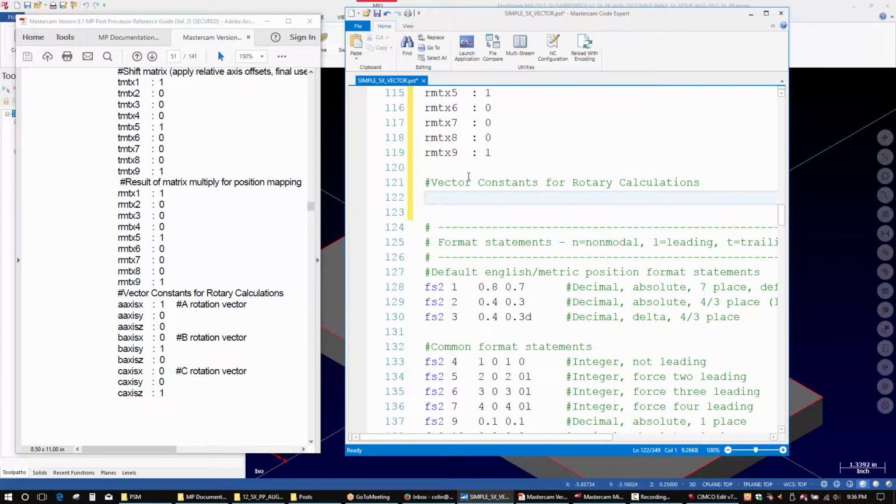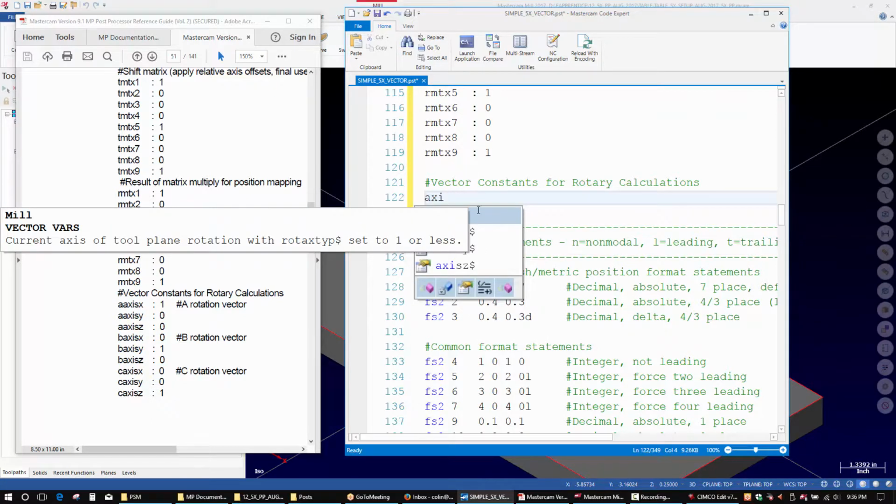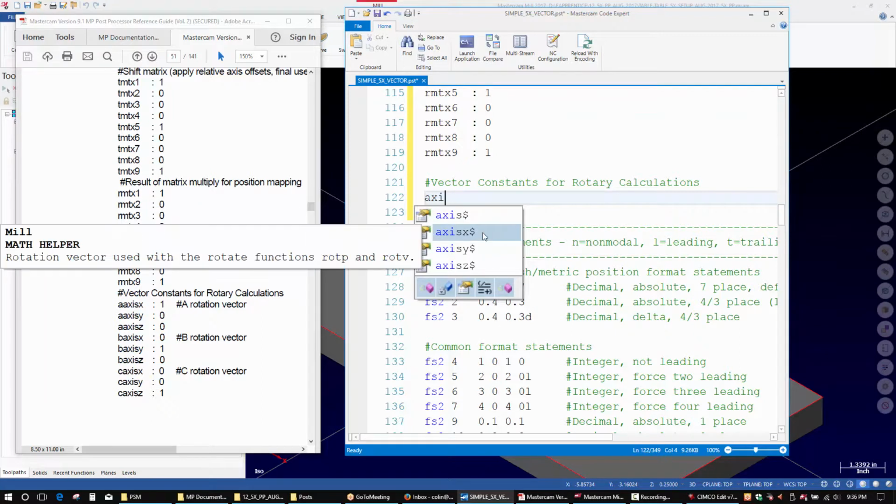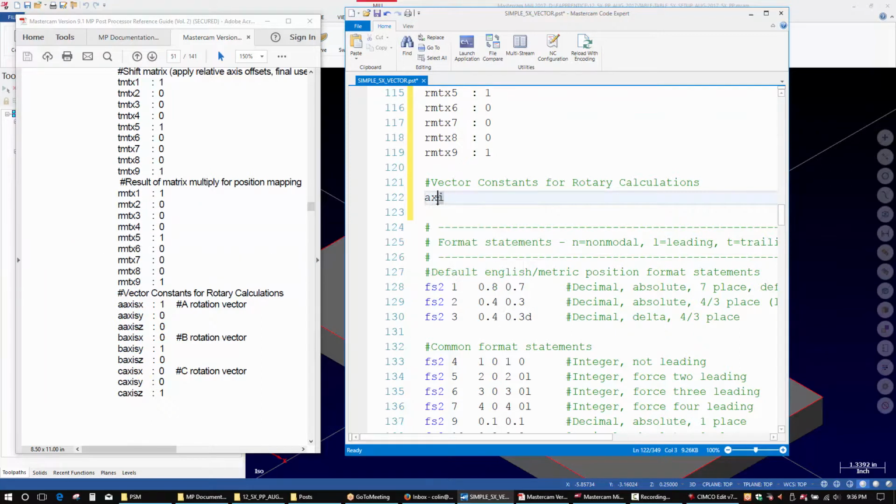Okay, so I need... you can see here a axis x,